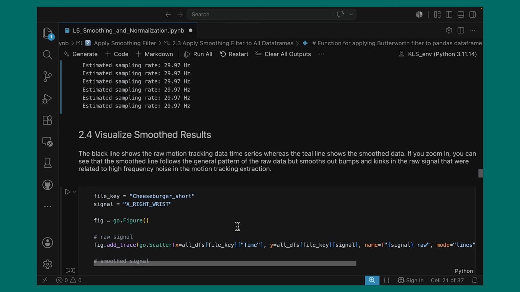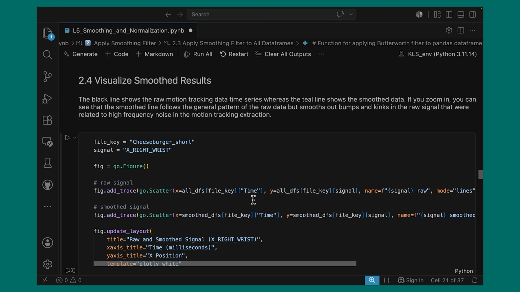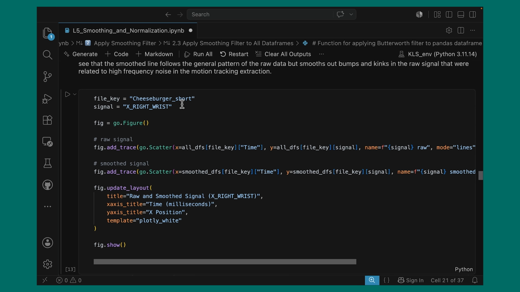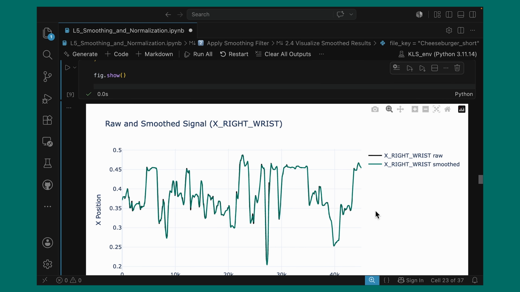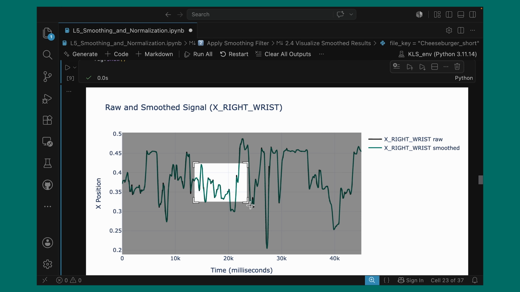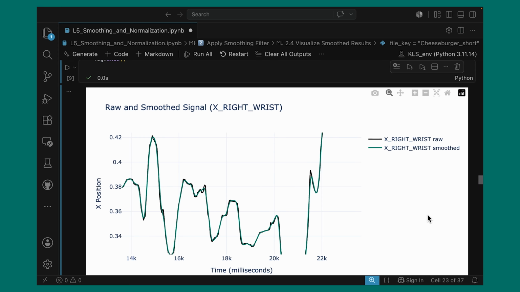Next, we're going to visualize our smooth results. This plot is similar to the one above. We're going to choose one file and one motion tracking column, in this case, the X right wrist. And we're going to plot the original signal and the smooth signal. Let's run this one. From this view, it's hard to see much difference, but let's select a portion to zoom in on. Now you can see that the smooth line in green follows the same overall movement pattern, but removes small fluctuations